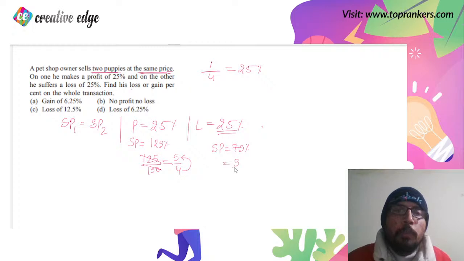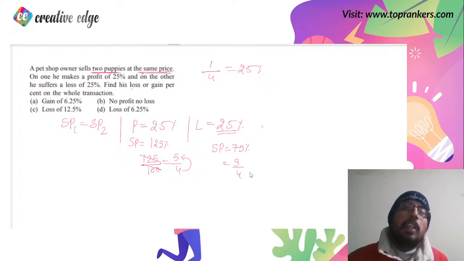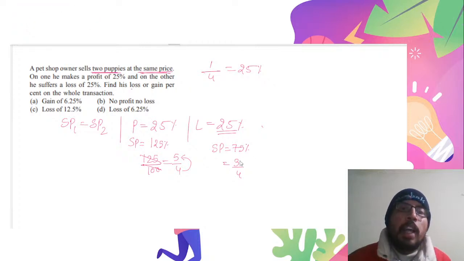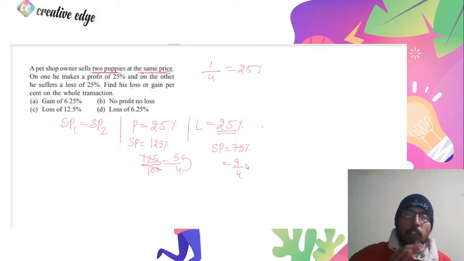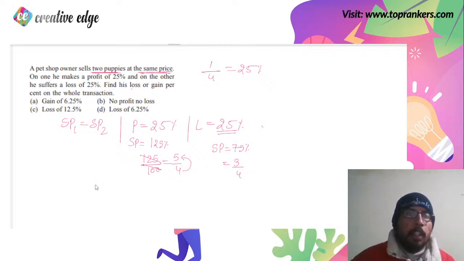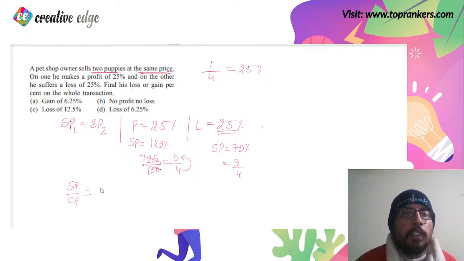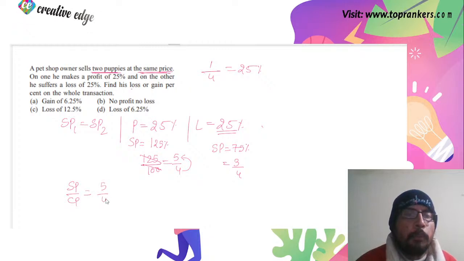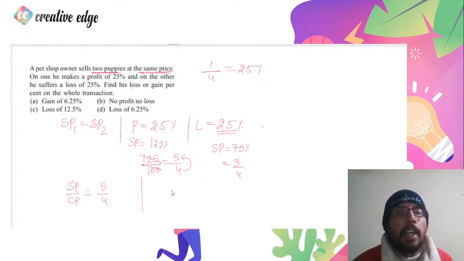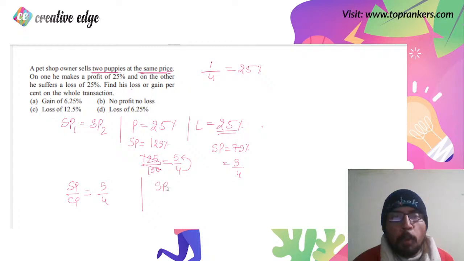You can understand it this way: you bought a commodity at 4 and you sold it at 3 rupees. Now in our first scenario we have SP upon CP, which for our first case is 5 by 4. For the second case, SP upon CP is,